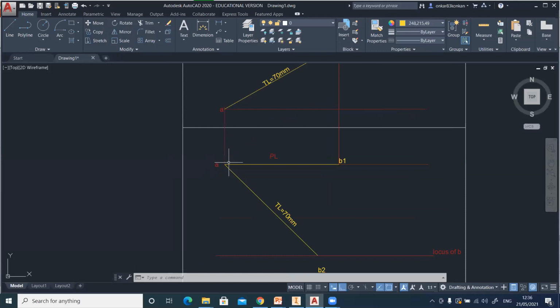For that, we have to just draw one arc passing from B1, which will cut the locus of B, with A as a center. So take the distance in your compass that is equal to AB1.